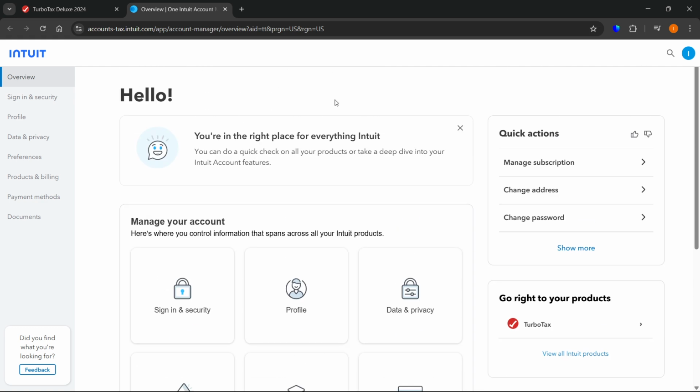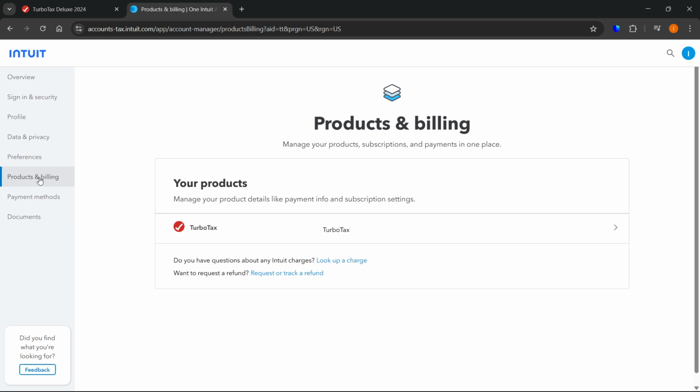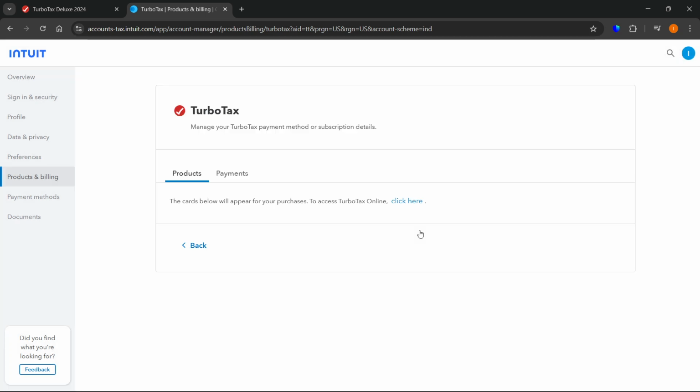And what you want to do is go to the very left over here where it says Products and Billing. Now click on that, and then you want to see your products over here. It's going to be TurboTax, and then you want to just click on that. And over here under products, you'll be able to see your TurboTax Premium in case you do have it. And if you have it, you'll be able to click on it and then basically cancel it or remove it